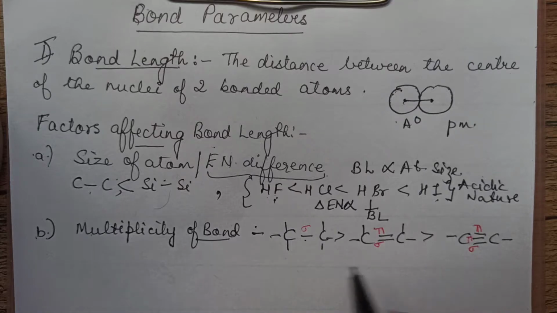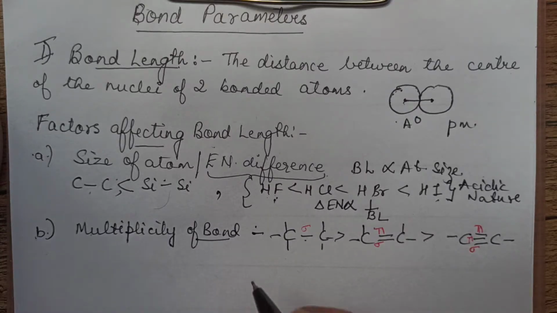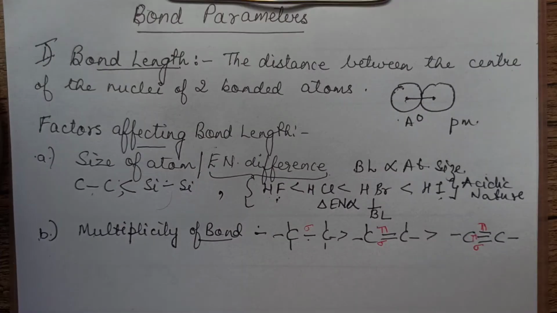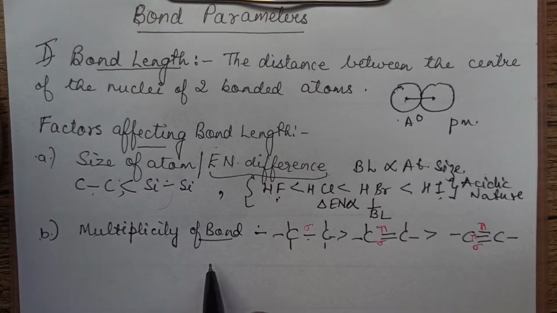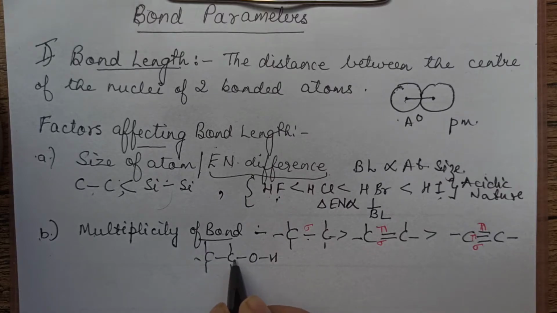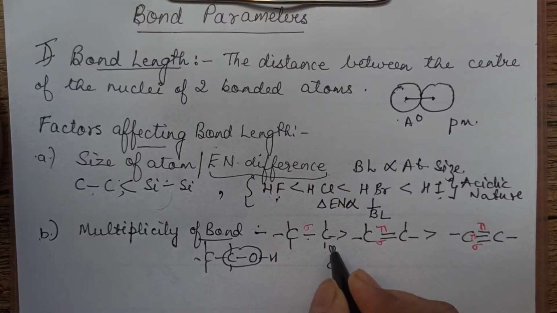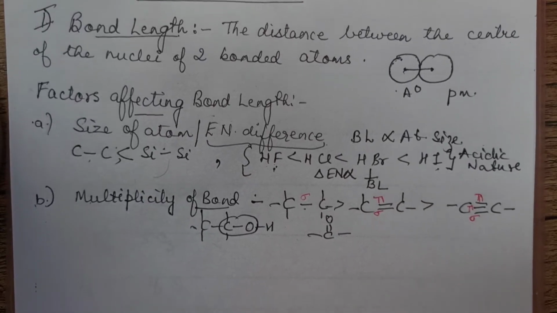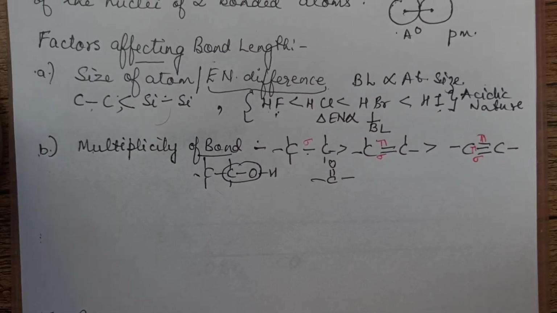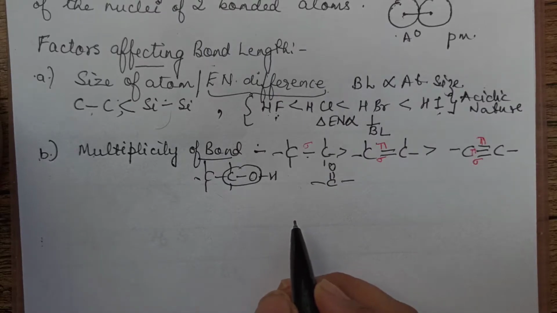Is it clear? We can also apply this to any other species where there is a single bond or a double bond. If I compare an alcohol, there is a carbon-oxygen single bond if I measure only this part. If you compare somewhere else where there is a carbon-oxygen double bond, obviously that will be shorter. The more the bonds, the lesser the bond length, right?